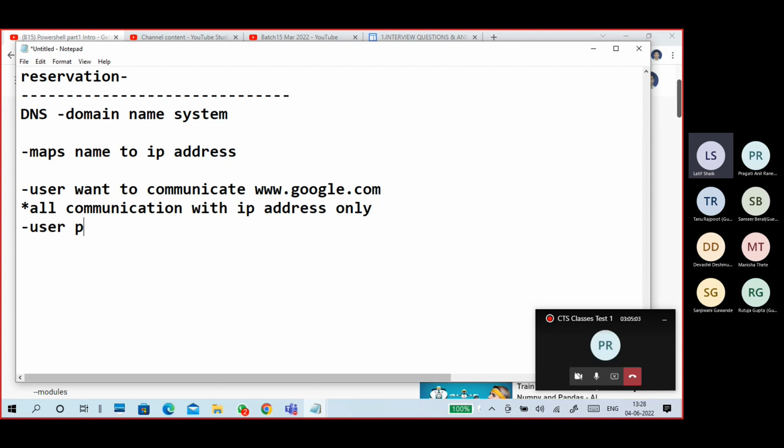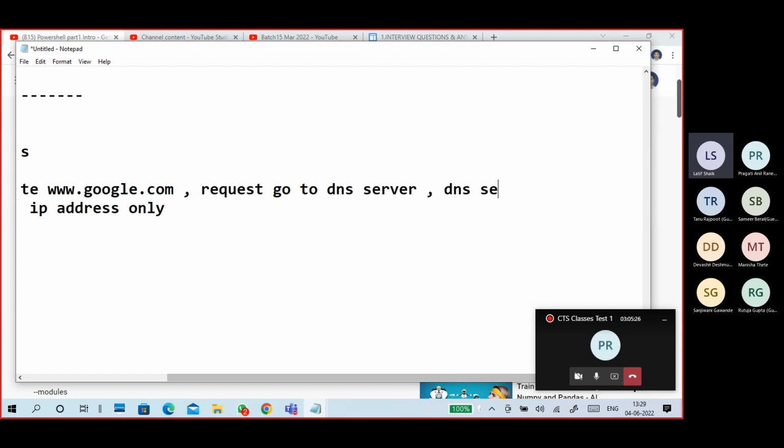So the user PC doesn't know what I'm trying to do. The user wants to communicate with www.google.com. The request goes to the DNS server.